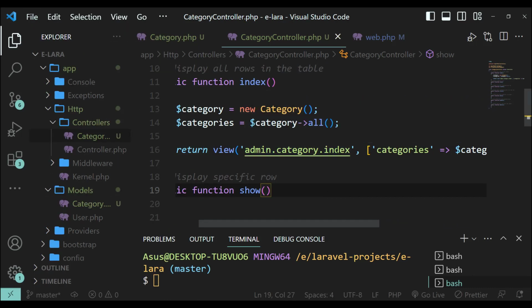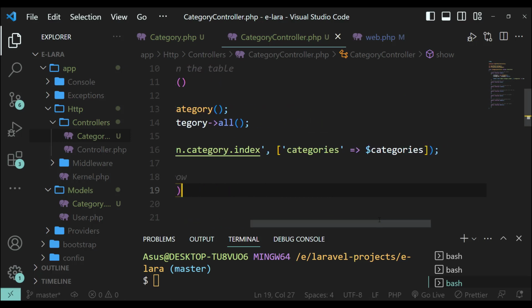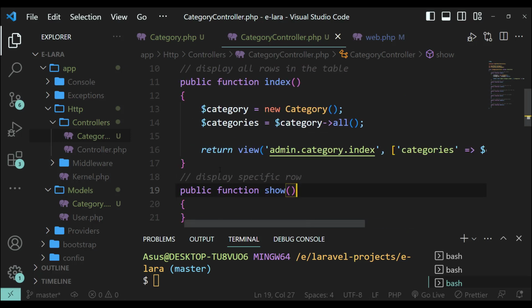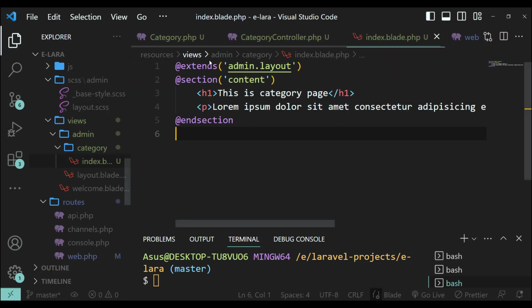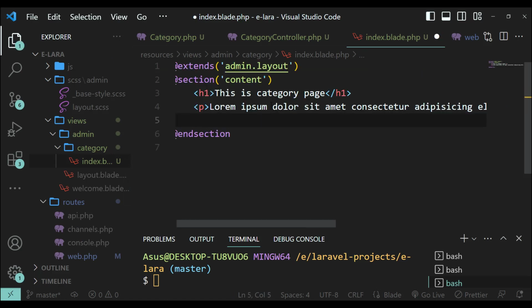Now this index.blade.php has access to this categories data. Now let's go to this index page. And underneath this paragraph, let's display everything which we have currently in the categories on the browser. So over here we are accessing the key that we have attached,